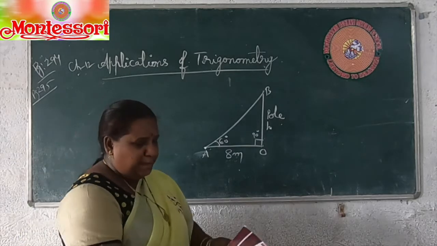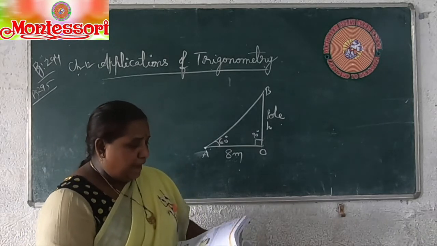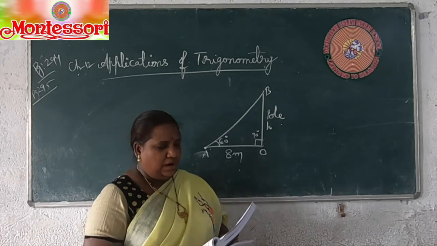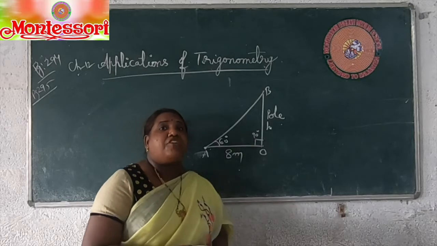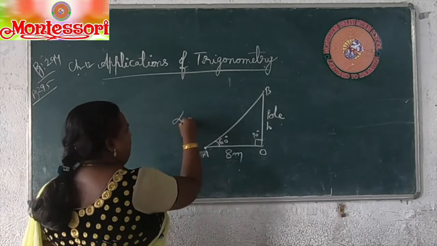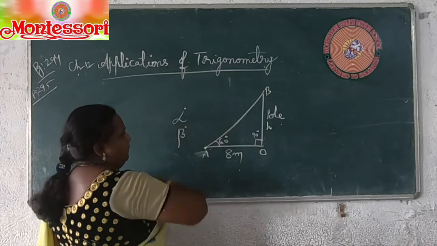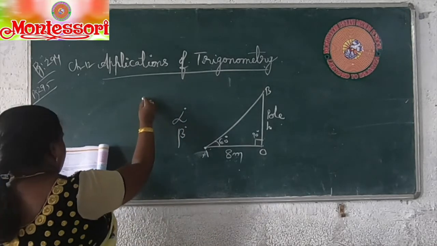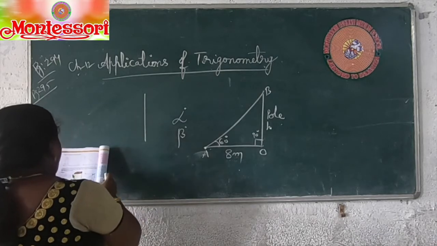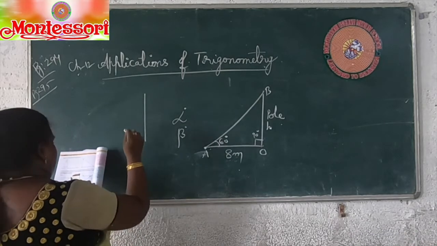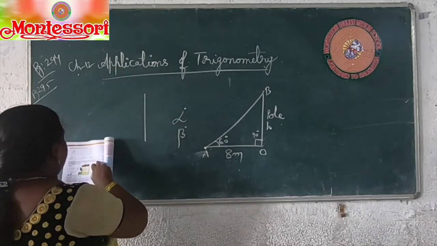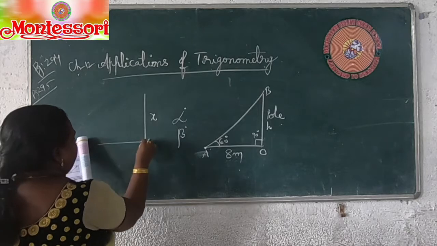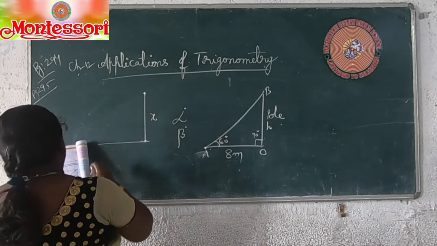In the same way, example 2. A Rinky observes a flower on the ground from the balcony of the first floor with an angle of depression of beta. Alpha, beta, these are all Greek letters. Then how to draw the diagram? The diagram is like this. This is the balcony of the first floor of a building, and the height of the first floor is x meters. This is the ground base and this is the building.